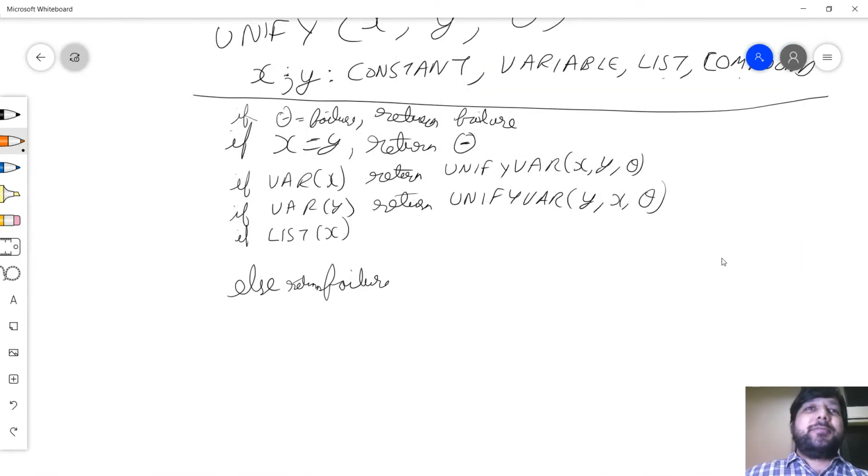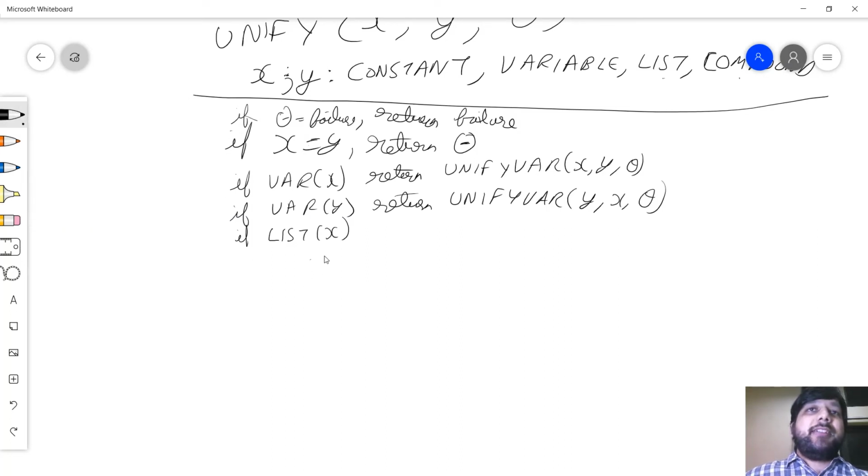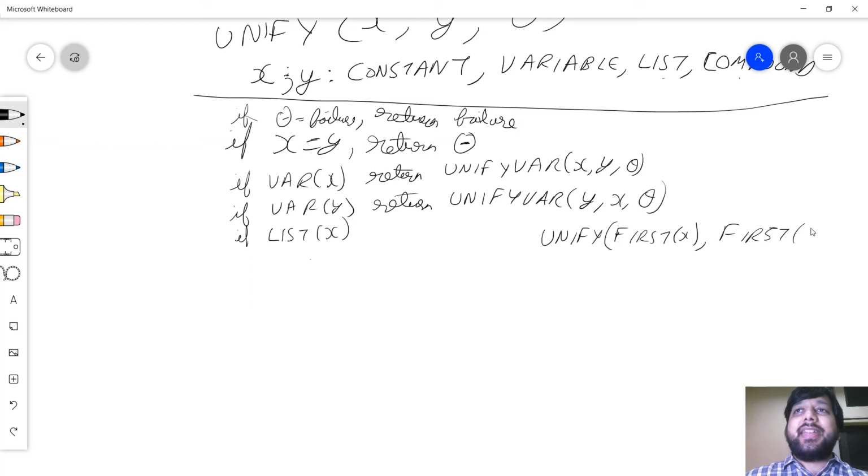So what I do is, if it's a list, then I first unify the first parameters, the first item in X with the first item in Y, and I'll get some substitution, some theta that satisfies this.